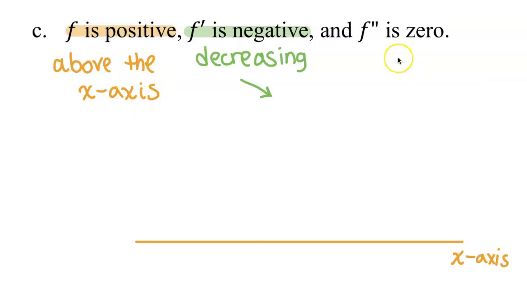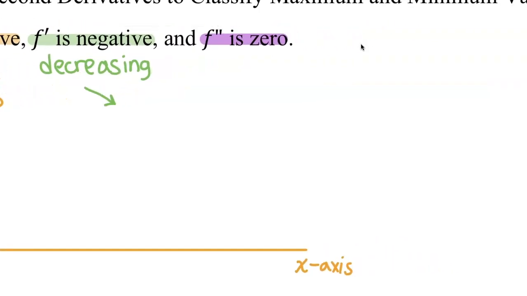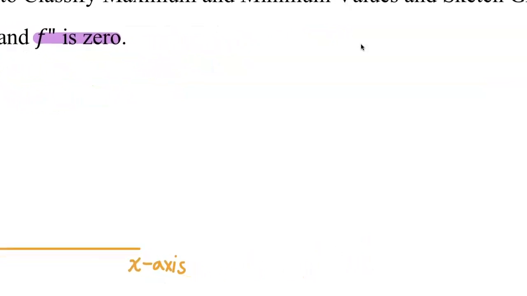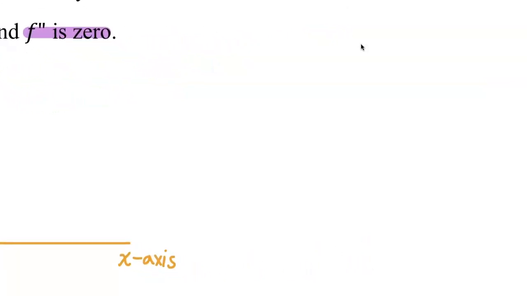Okay, and now the third clue. Now this one's a bit tricky. It says the second derivative is 0. Now let's think about this kind of backward, okay? What kind of function has second derivative 0? Okay, now remember, when we take derivative, we go down on exponent by 1 every time, right? So